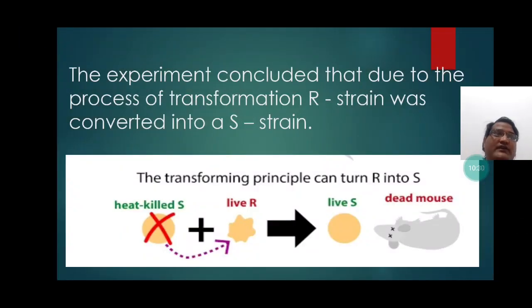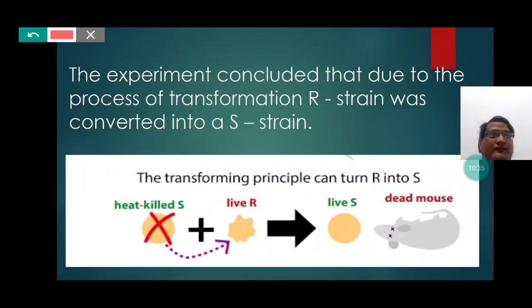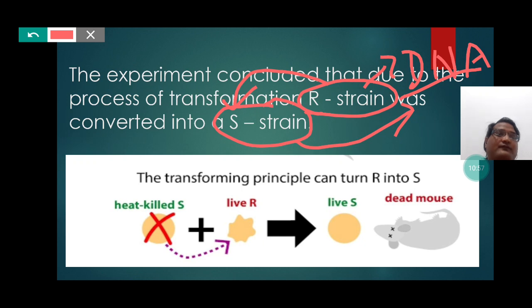So students, we can say that the non-virulent strain, which was the R strain, got converted into S strain. It was simply because the DNA of the R strain was infected with the S strain of the Streptococcus pneumonia. Students, here we can understand it with the help of this picture, where it is written,